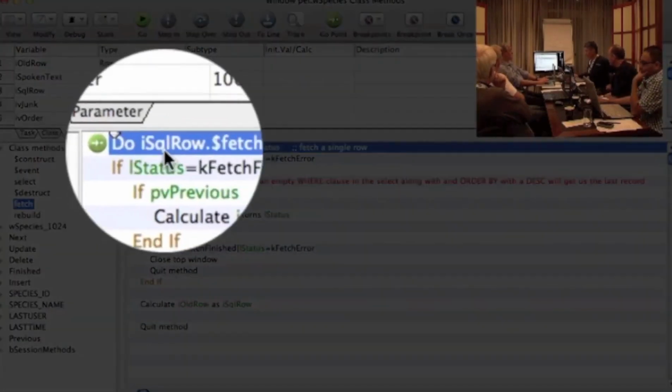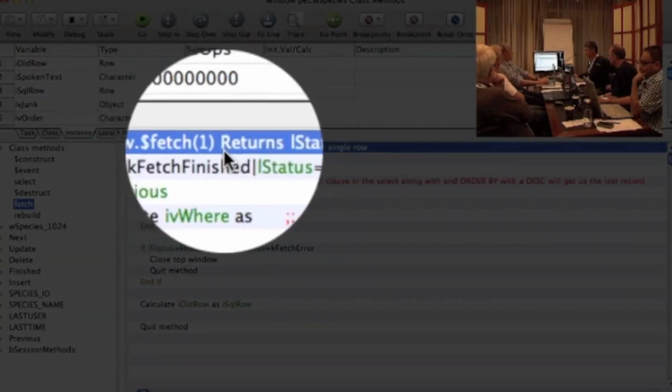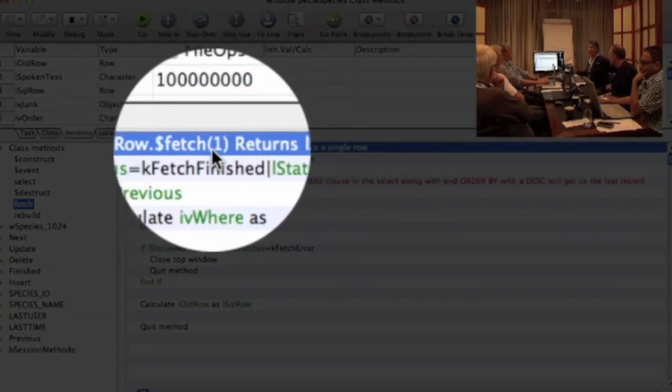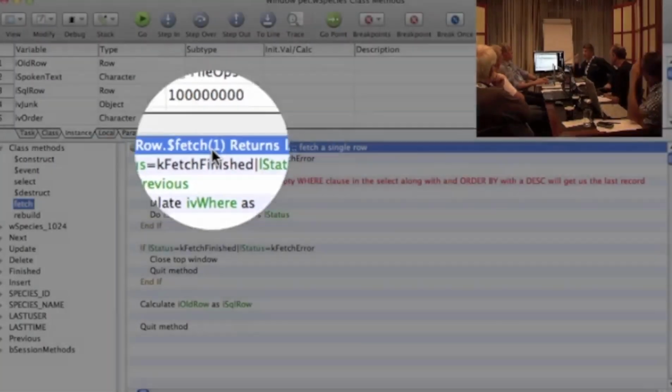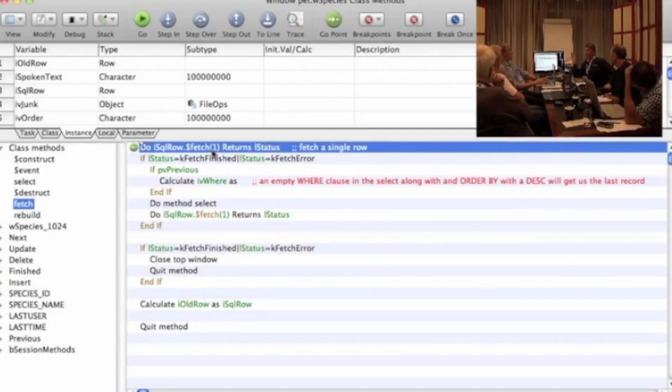And I say do iSQL.$fetch 1. I'm using the built-in Omnis fetch command associated with my SQL row that I used to define from SQL class, so this is meaningful now. This is going to send a fetch up to the database